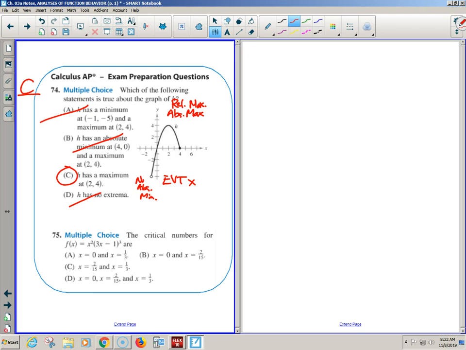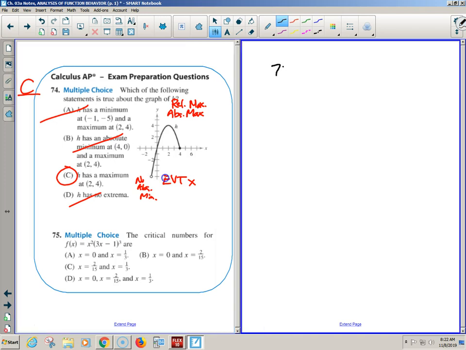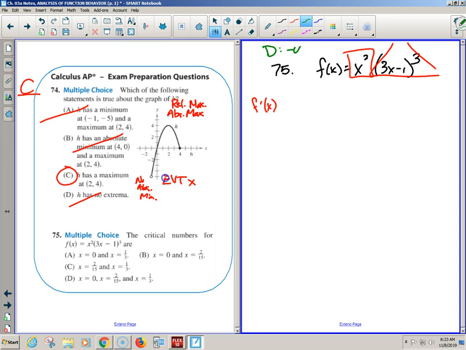You got it right. Number 75 was a bit harder. Why? Product and chain rule. Simplifying. Okay, so we have our f of x. What rule did you guys use? I heard you talk about it. Product and then chain. Oh my god. Product and chain? Yes, ma'am. The only way to legally derive is with the product rule. So therefore, f prime of x. That is so wrong. Oh dear. We haven't even started yet. We could think about the domain and how f exists everywhere, because for critical numbers, we actually need to think about its existence, but that's all polynomial stuff. It has all real numbers.